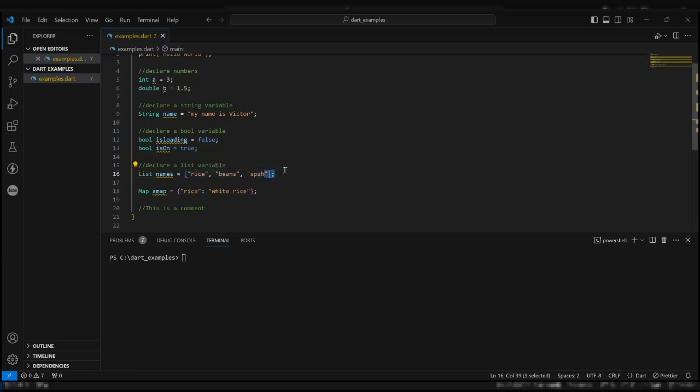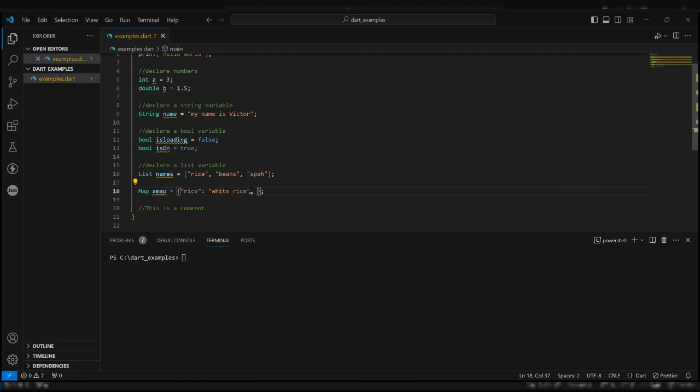Can you see it, Mohammed? Yeah, I can see it. All right, then the maps, we have curly braces, curly brackets. So the lists are just items, single items. We have one item, rice, comma, then this is another item, beans, comma, and another item.